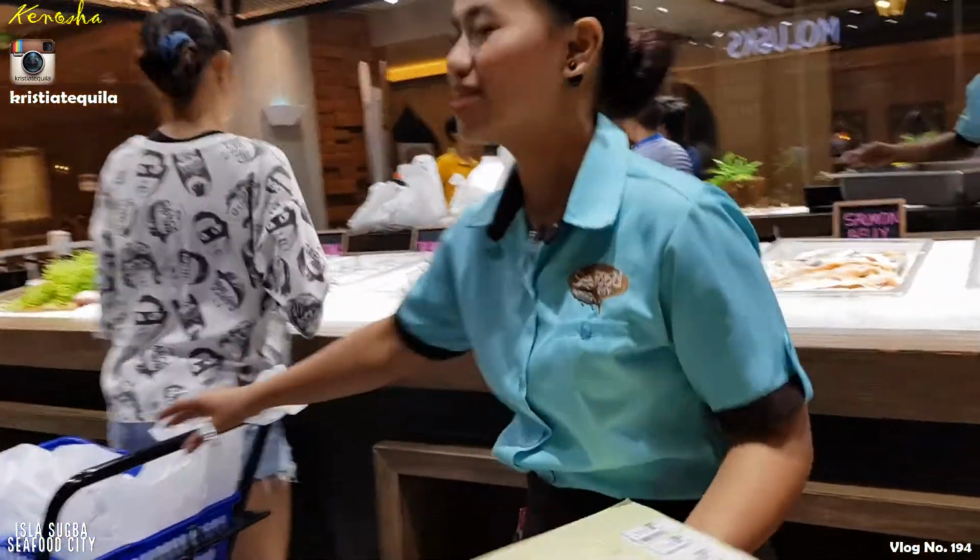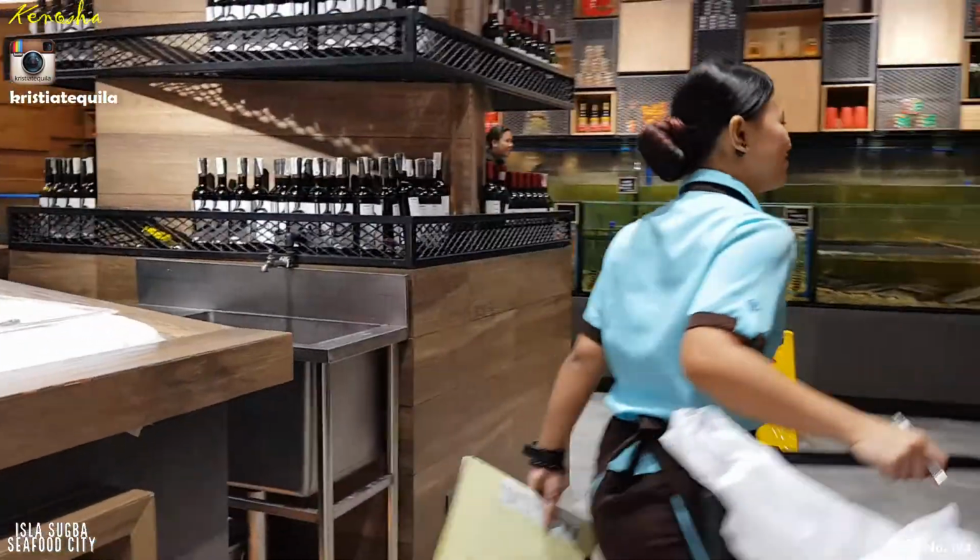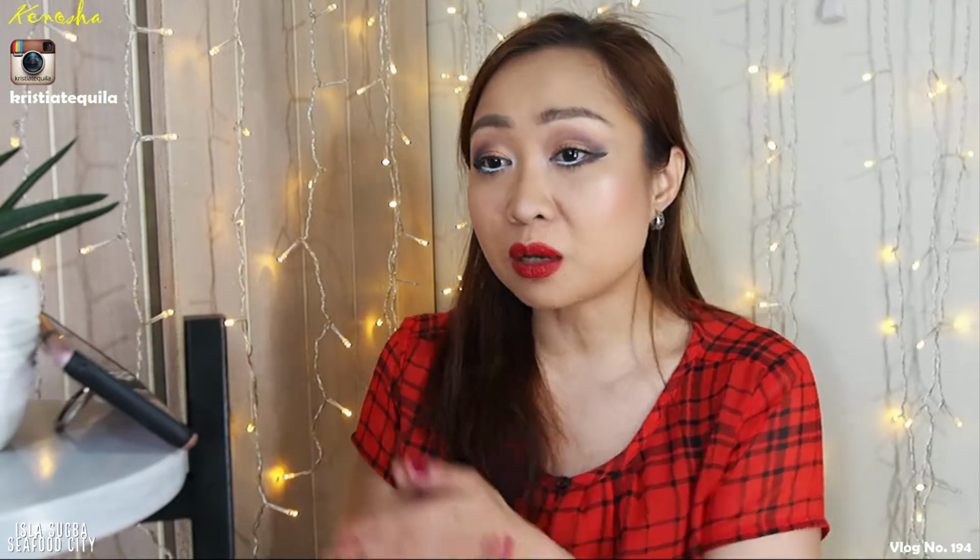Yes. Thank you. We actually ordered two types of crabs. It's the same soft shell crab, but we had one buttered garlic and the other one Singaporean chili crab. And I swear, they don't taste alike. Because that's my problem with some of the restaurants when they serve you something with butter, everything tastes alike. And I don't have any problems with Seafood City. I can really tell which one is a Singaporean chili crab, and I can tell which one is just the